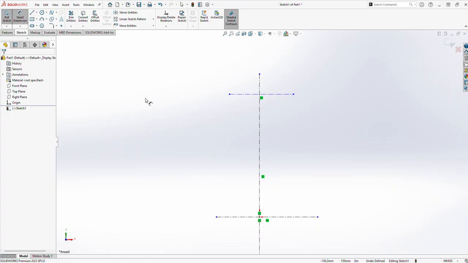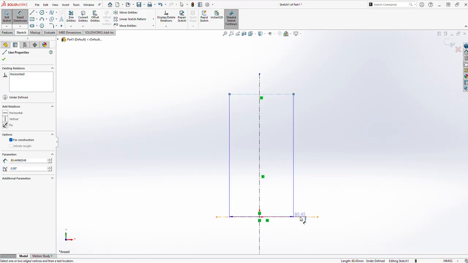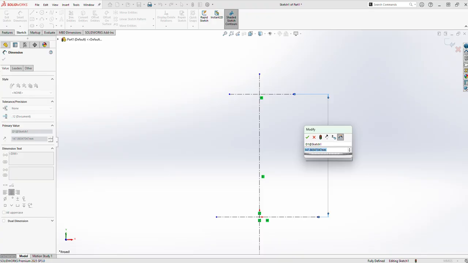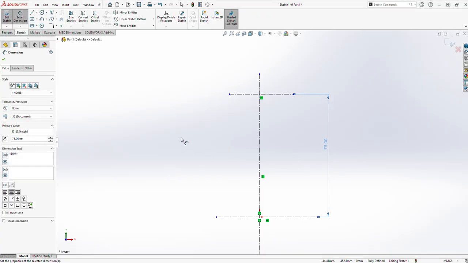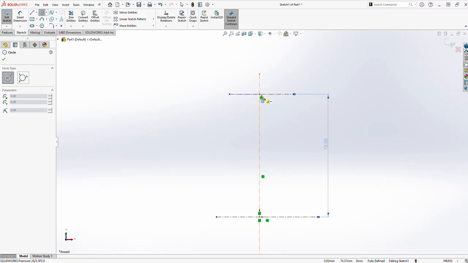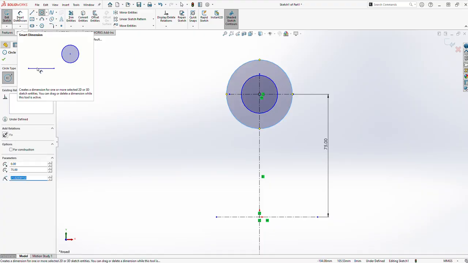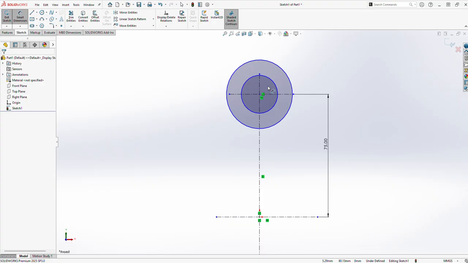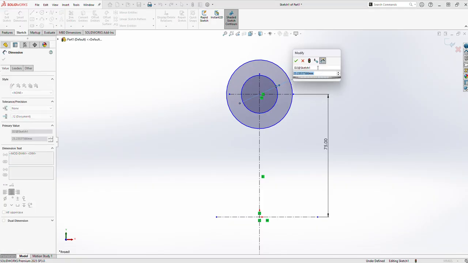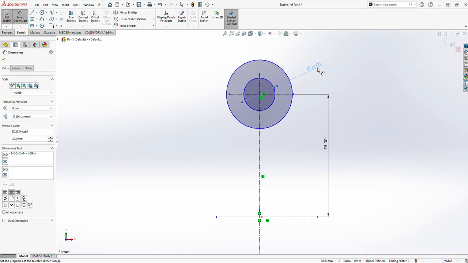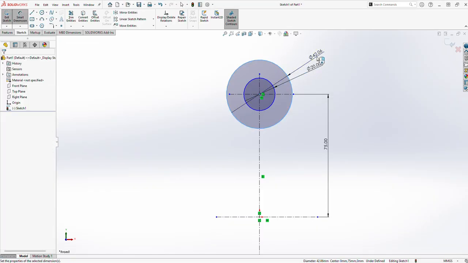First make a smart dimension of this line, 75 mm, and create two circles at this point. Take a smart dimension and create this small circle at 20 mm, and the next one is